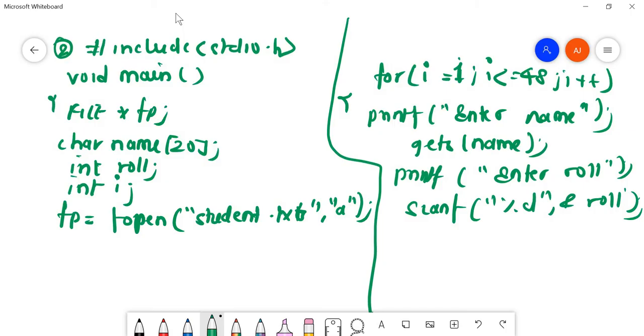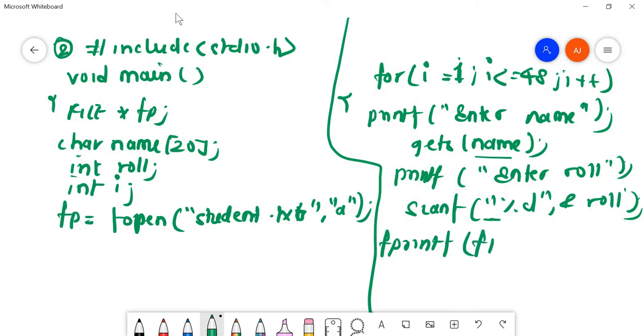Now we need to write this name and roll number where? In the file. What is the syntax for writing mixed values? I discussed it yesterday. It is fprintf. Don't get confused.